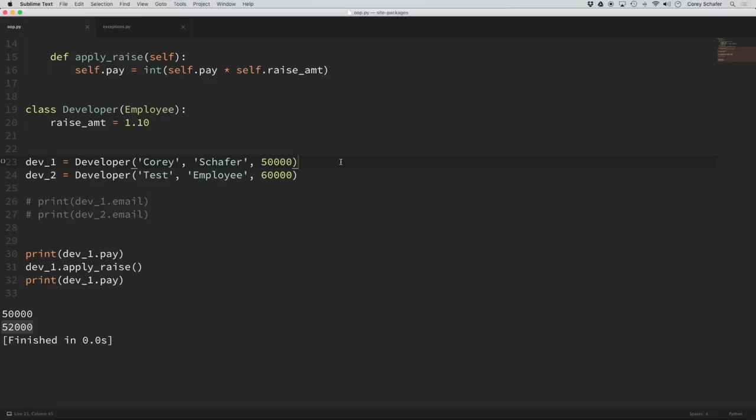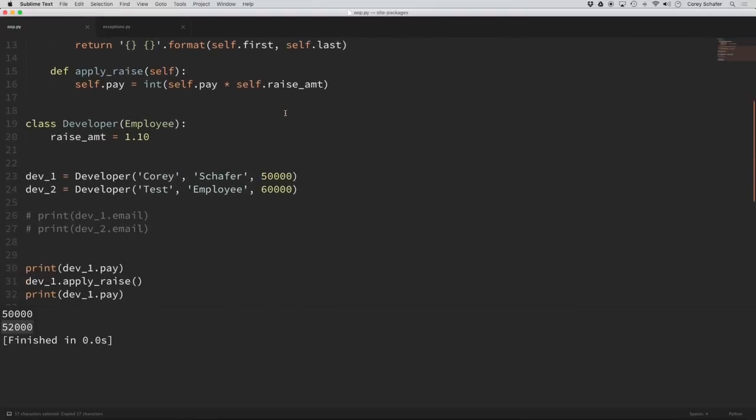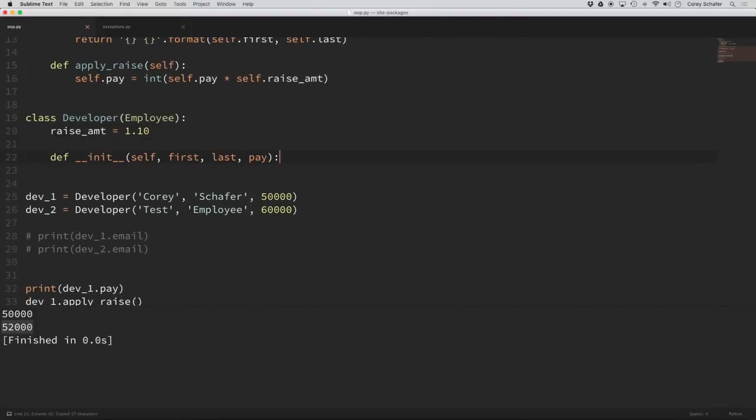So if we also wanted to pass in a programming language there, then to get around this, we're going to have to give the developer class its own init method. So what I'm going to do is I'm just going to go up here to our employee class and grab that init method, and I'm going to paste it here within the developer class. Now, along with the first name, last name, and pay, I'm also going to add in an argument here for